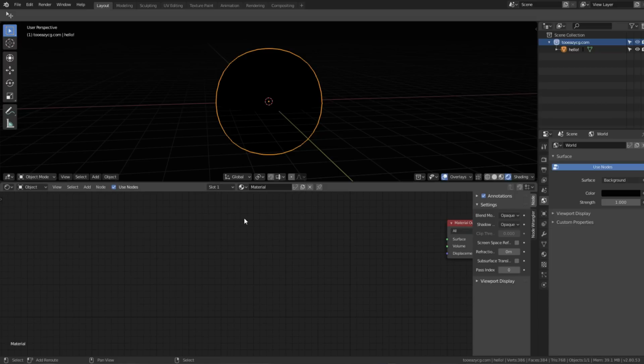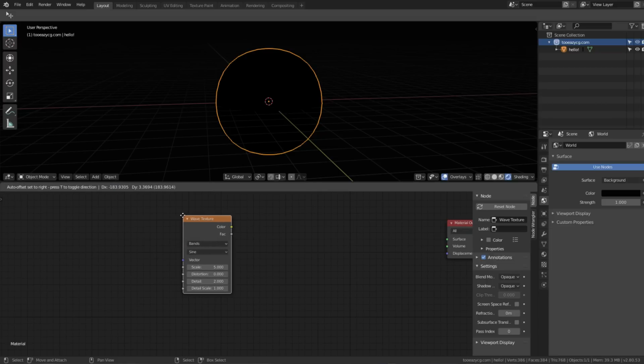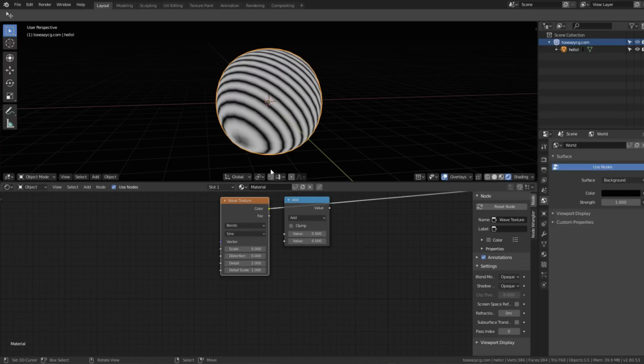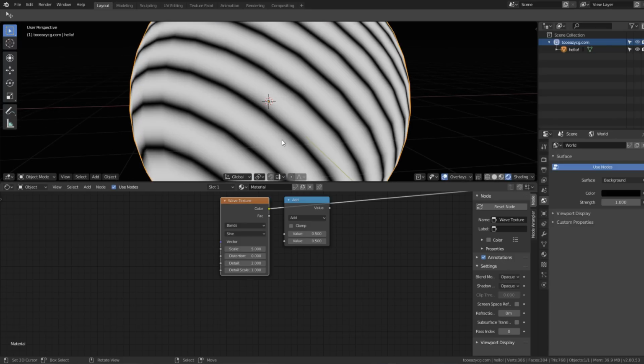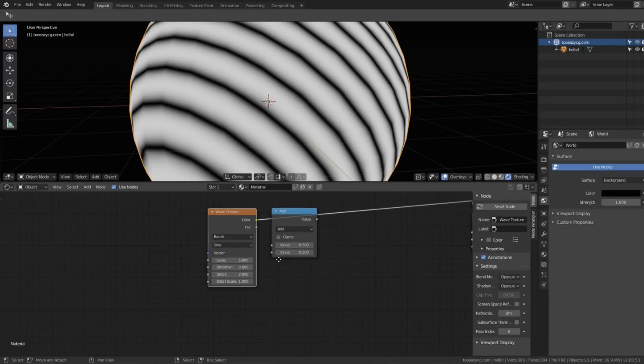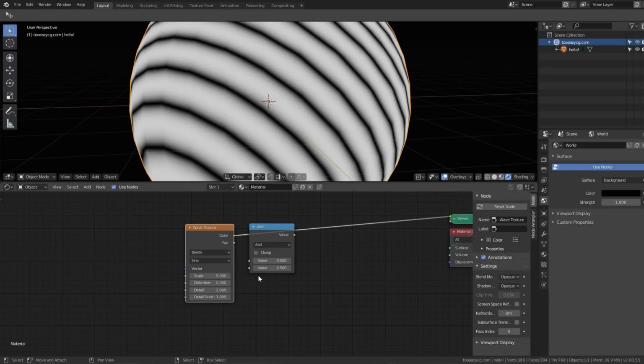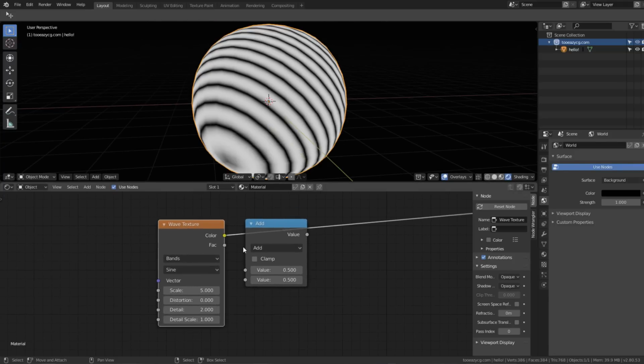Press Shift A on your keyboard to add a node and search for the wave texture node. We'll also add in a math node. If we take a look at the wave texture node, you can see the kinds of lines that it produces. However, with the math node, we're going to eliminate the faded edges and sharpen them, as well as adjust the sizes of the lines. So let's plug in the wave texture's color output into the top value input of the